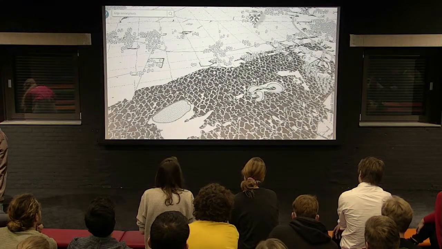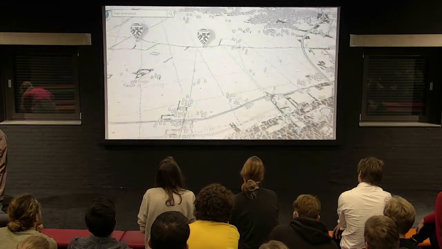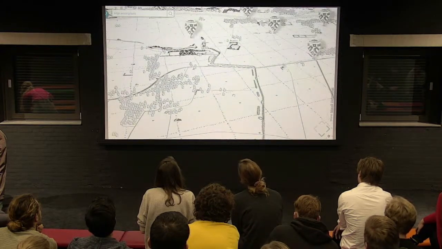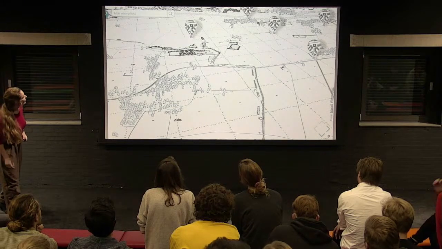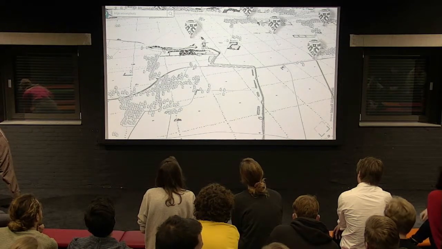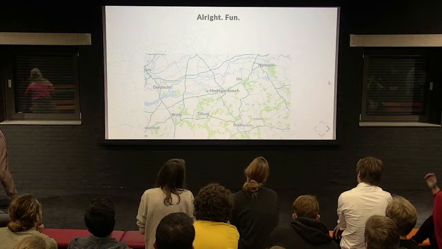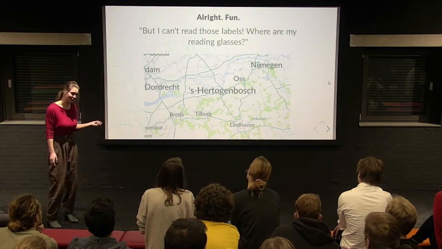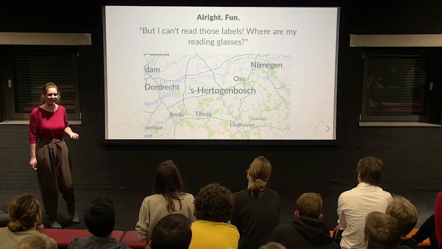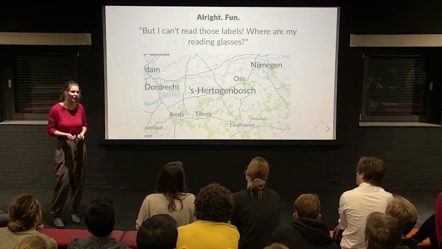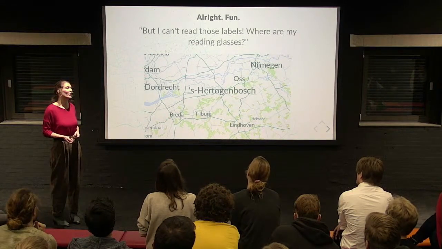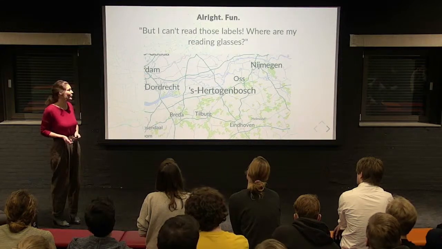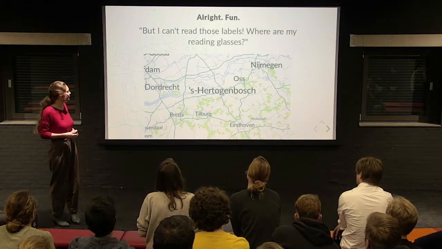And this one as well, I actually put in random hot air balloons. So every time you change the map, you get some random stuff rendered on top of it. And okay, fun, so I showed this, and then I got the question, can't you just also increase the labels? So that's also what I did. And I think this is really the power of vector tiles. You can change the style afterwards in the browser. So you can add all kinds of functionality, such as increasing the font size of all your labels for people who need reading glasses.